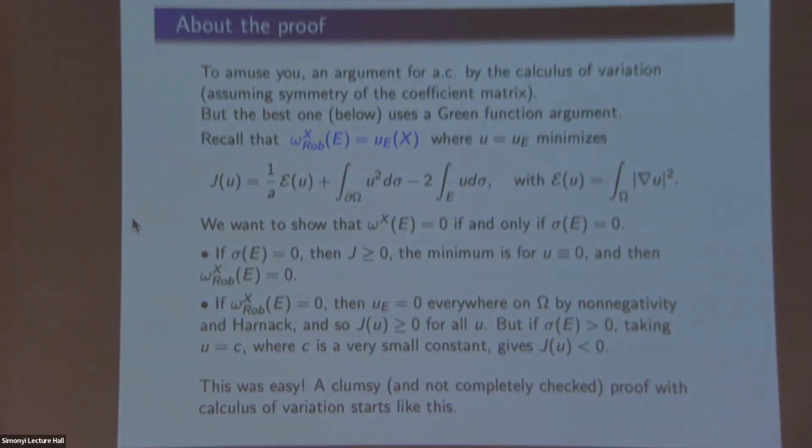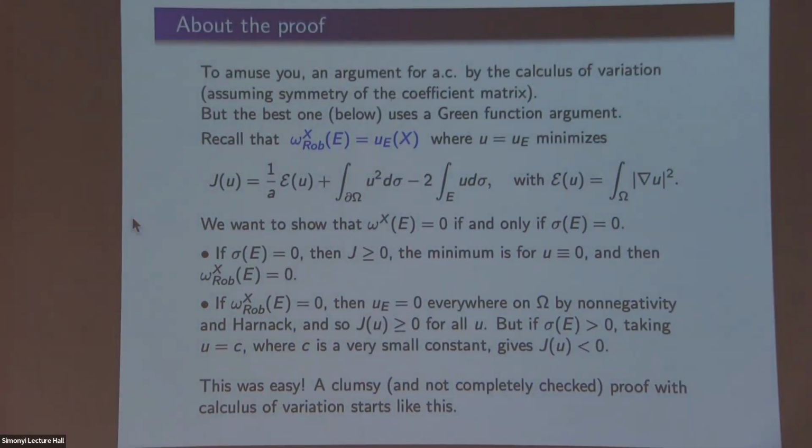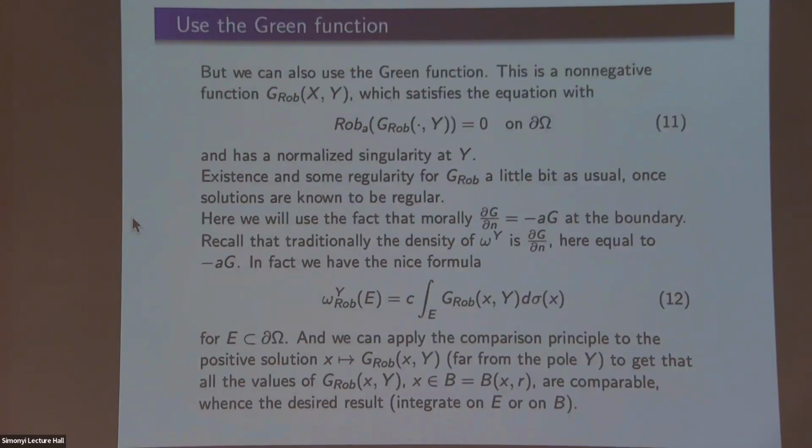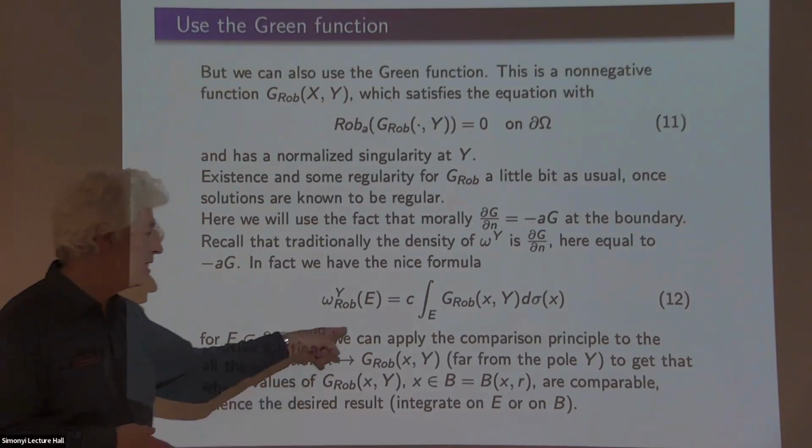I think it's time for me to almost stop. So there is a true proof. A true proof uses the Green function estimate. I just give you the idea. If you are used to those things, you will say, yes, I was stupid, why did I not think about it before? We use the Green function. There is a way to go from a Green function to recuperate a function like this.